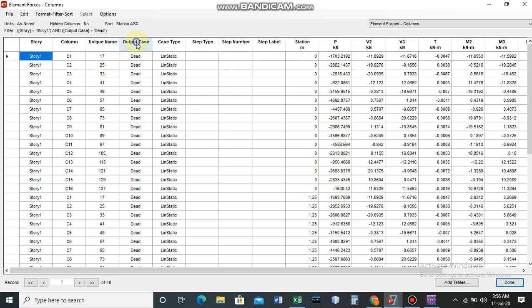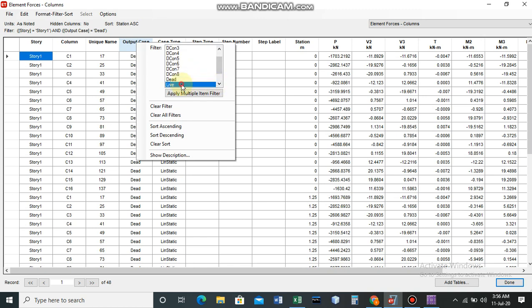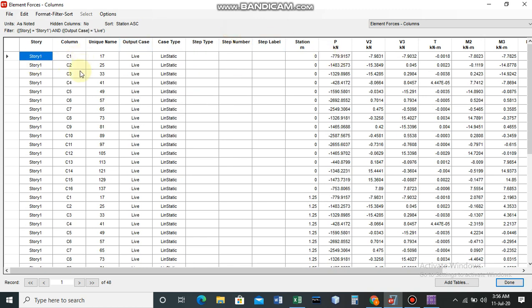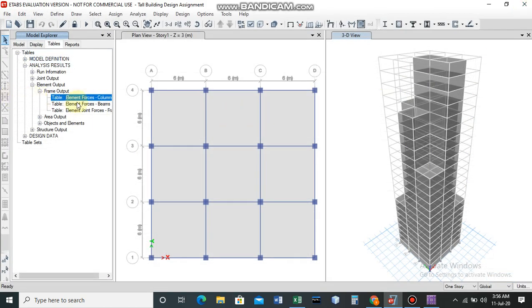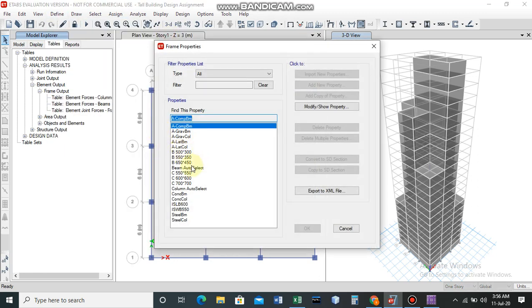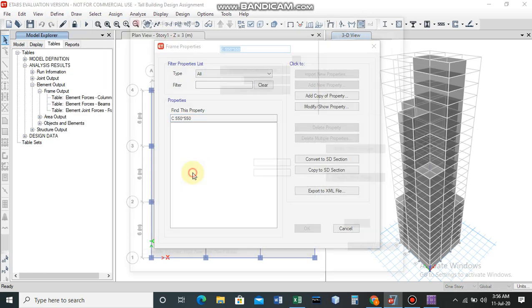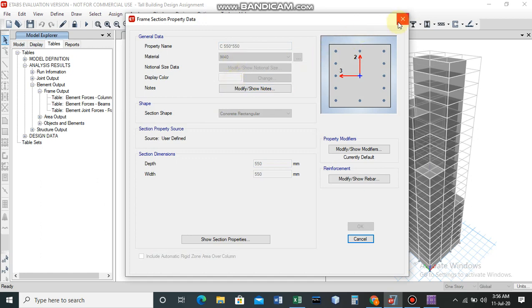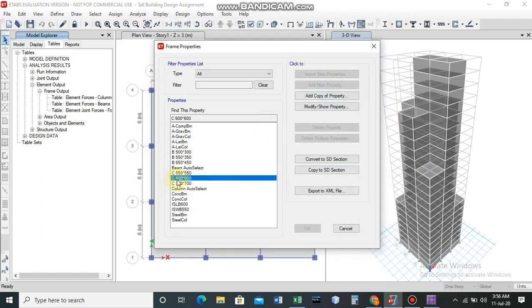Similarly, we can see the live load values for those 16 columns at station 0 meter, and the material for all the columns can be seen from here. It is M40 and HYSD 500.